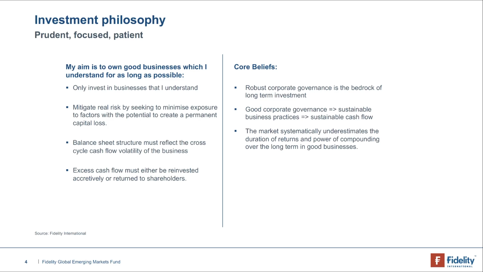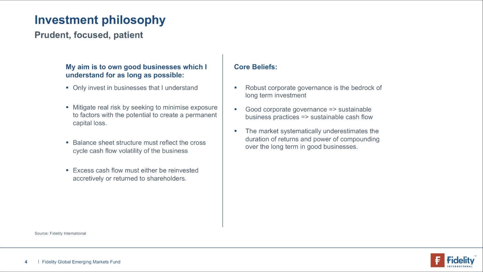Now, in emerging markets, we have found that risk tends to manifest itself really in two key forms. It's poor corporate governance or it's balance sheet risk. And we think that markets are actually relatively inefficient at pricing both of those risk factors. So we take an upfront, diligent approach to addressing corporate governance and balance sheet considerations, ensuring that we have robust alignment of interests with the other stakeholders in the businesses that we're invested in, in order to create the environment for positive capital allocation decisions and real structural value creation over the long term.